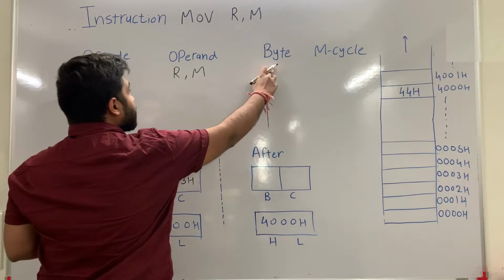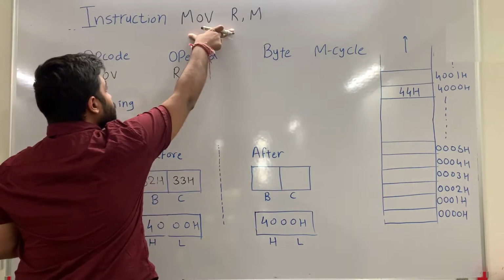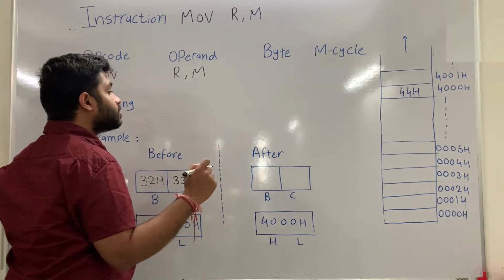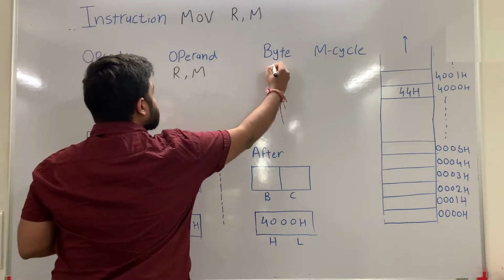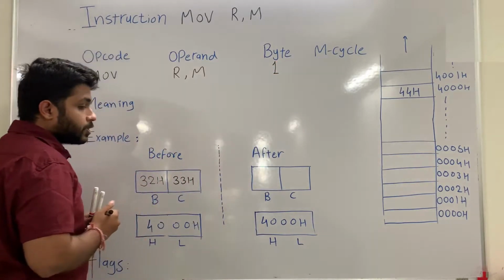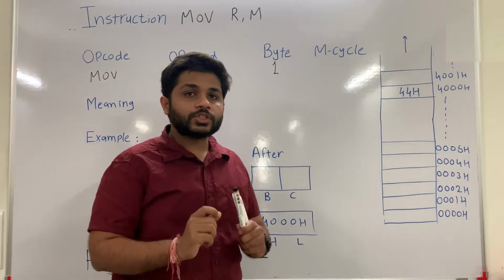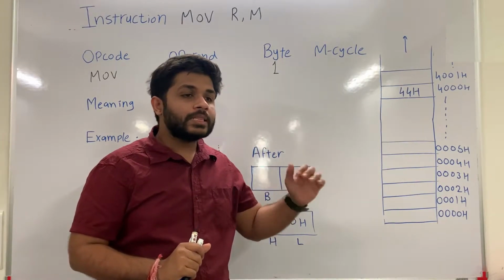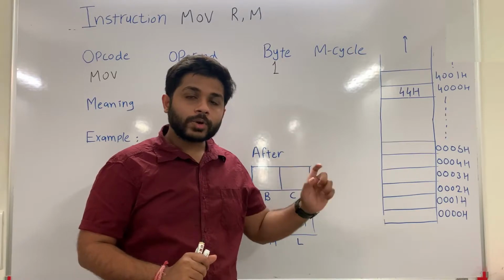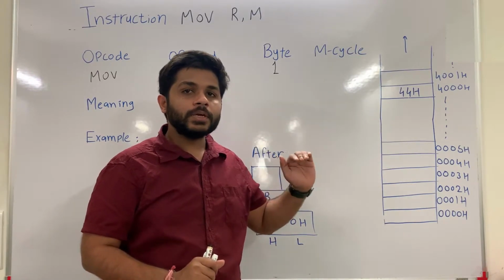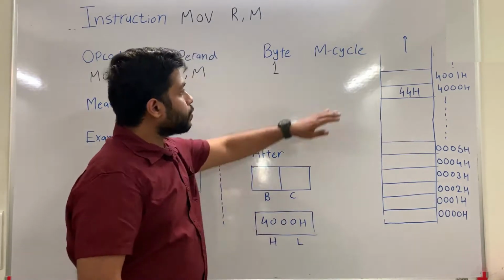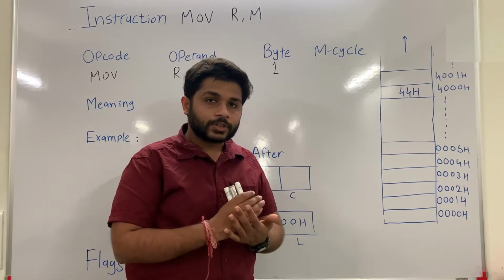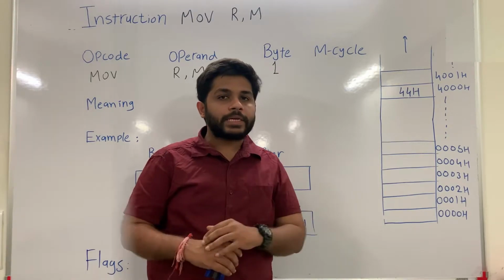Now what is the size of this instruction? In this instruction, no data is present. It means this instruction is of 1 byte. So you can see that the size of the instruction is 1 byte. It means when this instruction is stored in the memory in one location, this whole instruction will be stored. To understand machine cycle, we have to see all the process of the instruction. So let's see that a bit later.